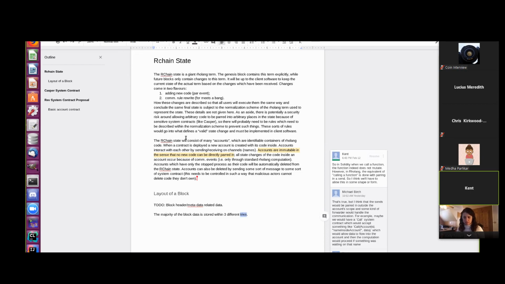When you send to a contract, usually it's just a flat name. This is called the token contract. This is called the auction contract. We don't need to have this complicated structure there. So we can just have flat keys to account storage, and then inside that account storage we'll have